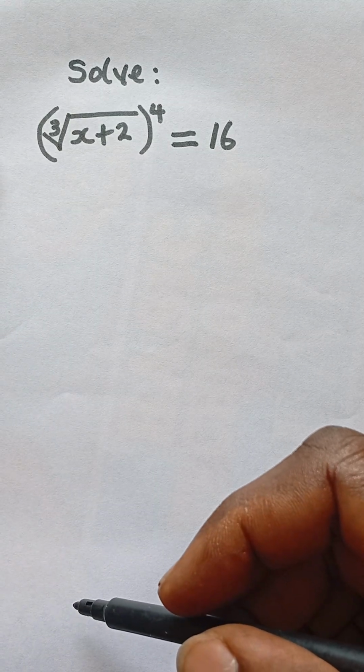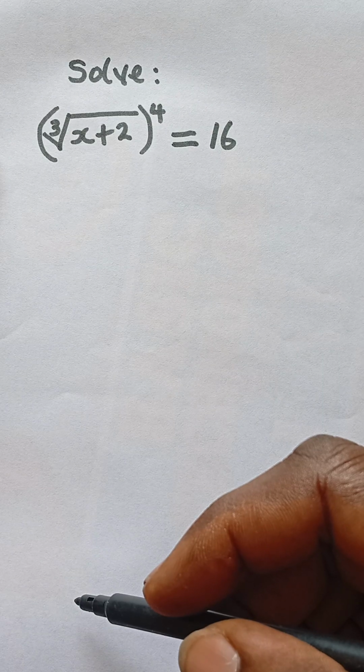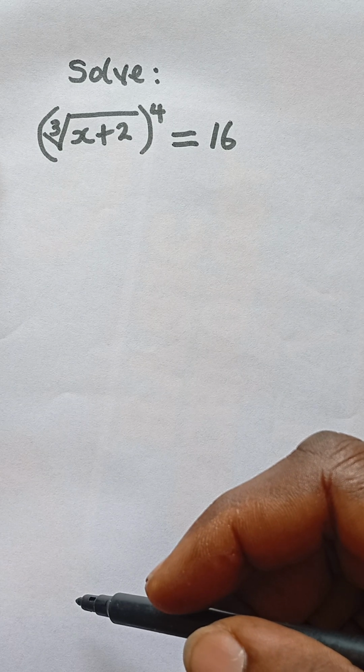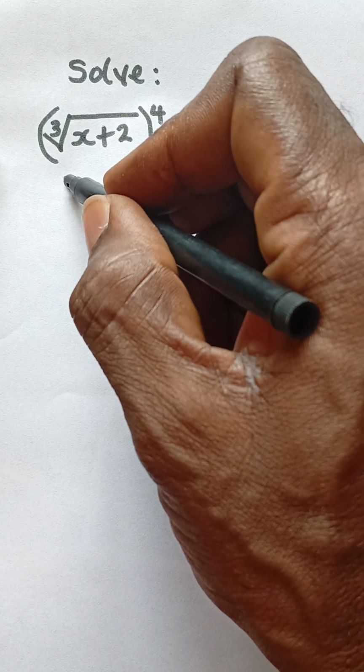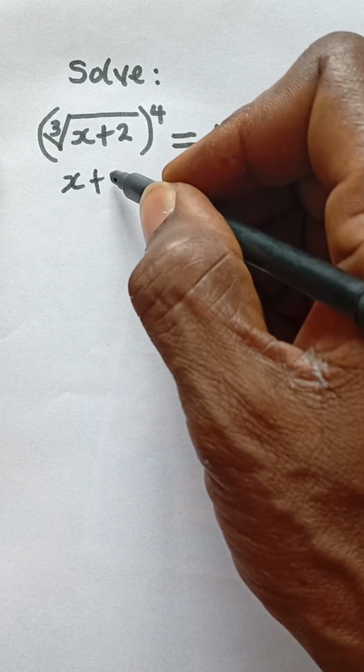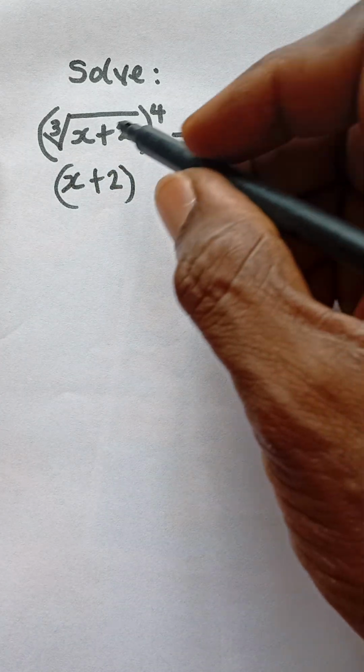The question here says solve the cube root of x plus 2, all raised to the power of 4, is equal to 16. So another way of expressing this is to write it as x plus 2, all raised to the power